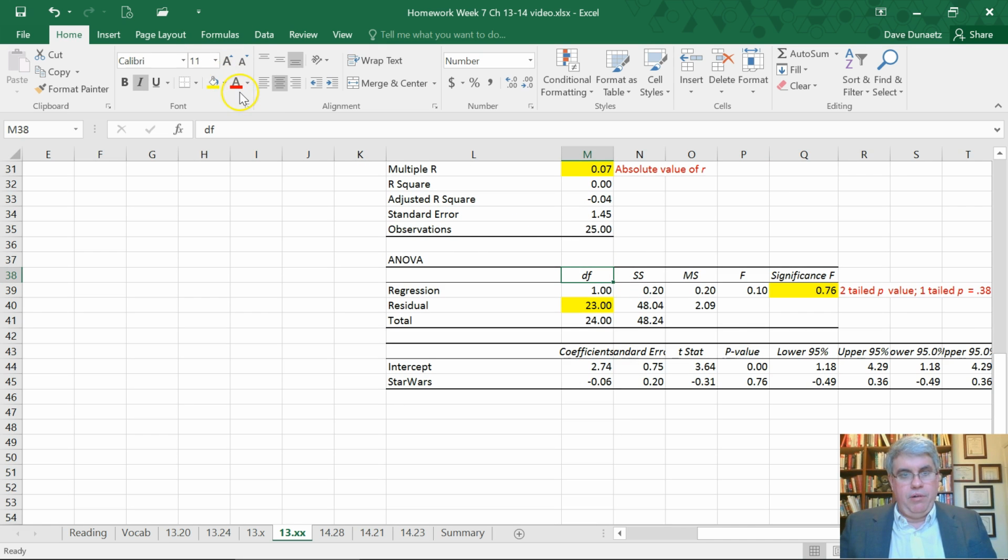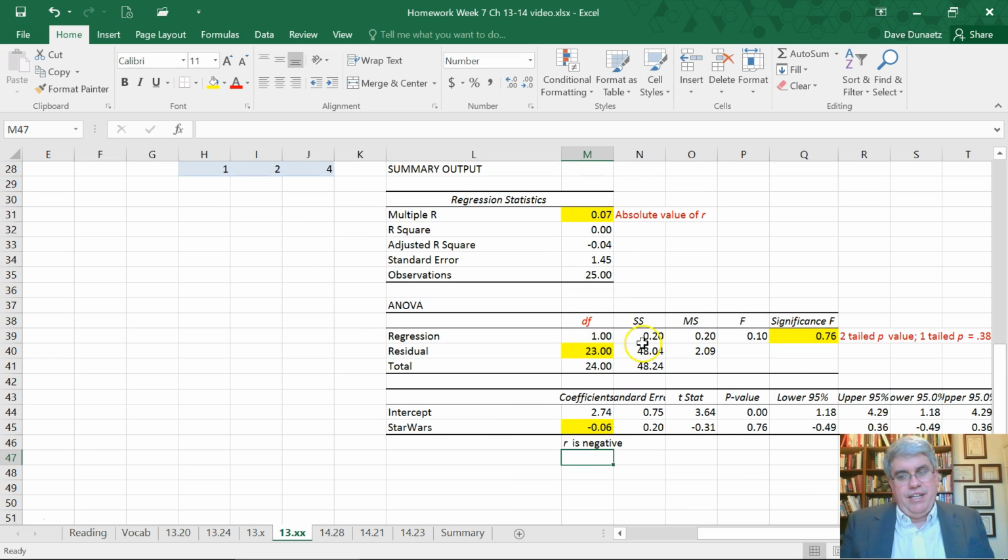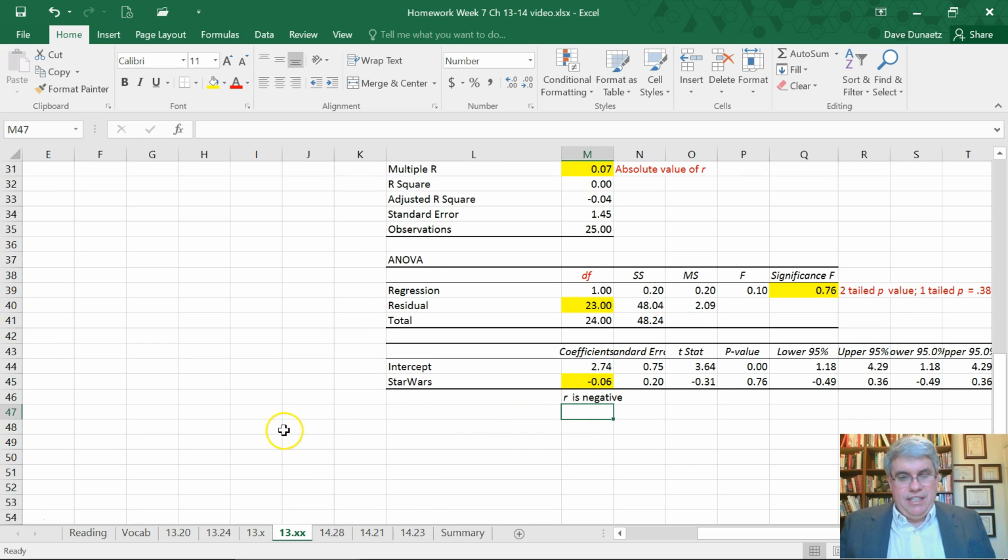that we need to report. We always need to report the statistics, even though it's not significant. And the coefficient was negative. That's what we thought. So R is negative, but it's not significant. Maybe if we had a larger sample, it would be, but this is too weak. It could easily be positive, could be negative. So we have to conclude that